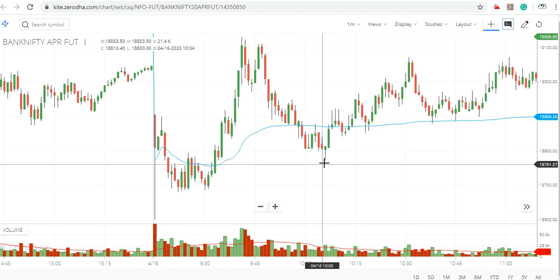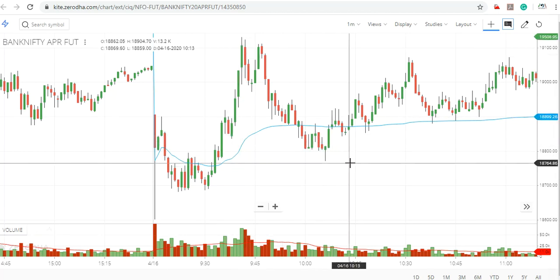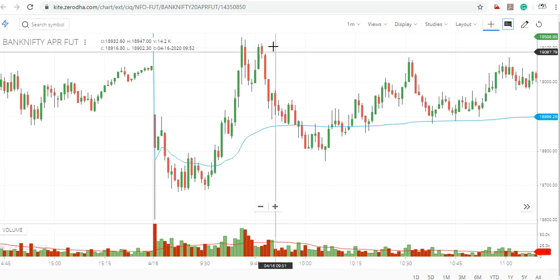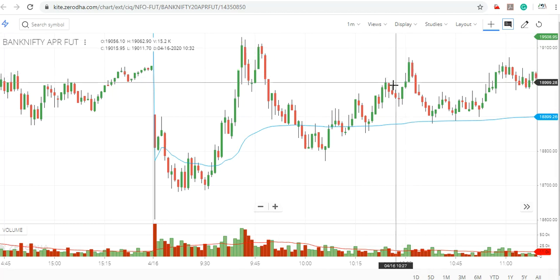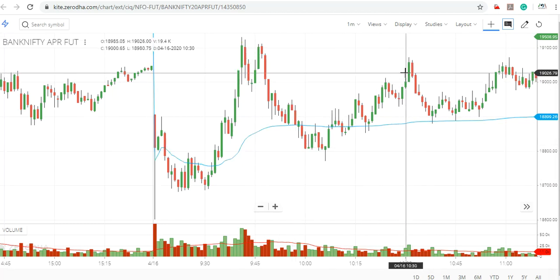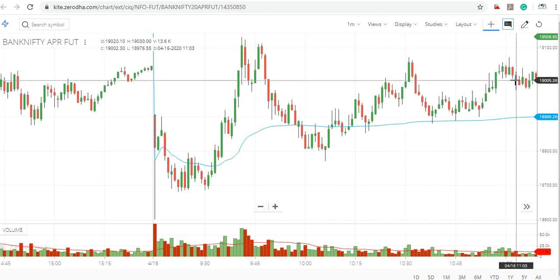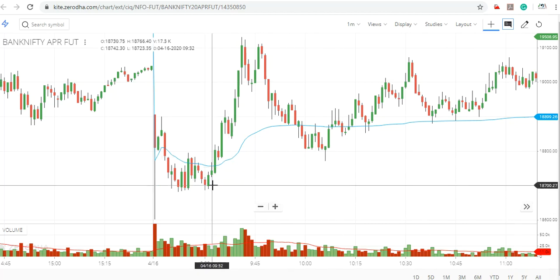Or if you have doubt about this, you just leave it, don't scalp it. Where you are confident that it is the highest or lowest, you can scalp, or nearest to the low. If you don't understand, just leave it. Okay, see, this is the high, the recent high. This is not nearest to the recent high. Okay, you cannot scalp here. One more high forms here. This is nearest to the high, you can scalp here. That is what it means. If you are confident, you scalp, otherwise you don't scalp here.